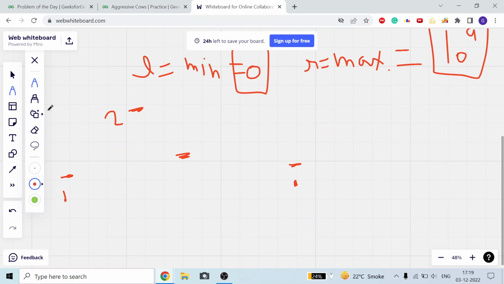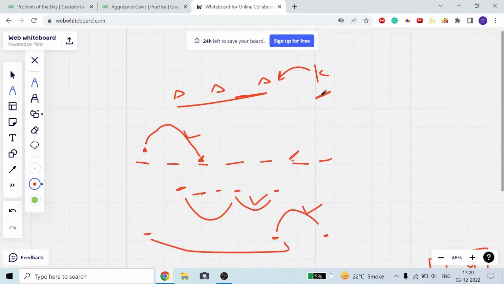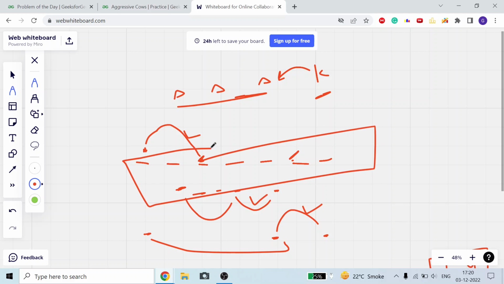So what we are going to do is search now. We will take a mid, of L plus R divided by 2. Then we will check whether a mid distance between any two consecutive cows is possible if we try to assign these k cows into the n different stalls.